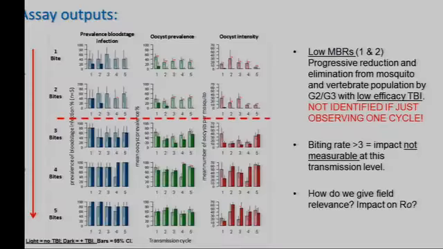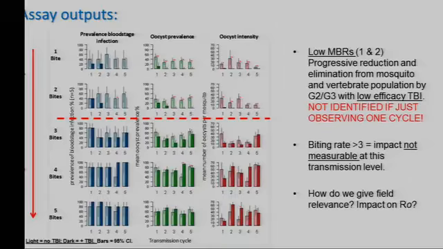So the main obvious point is that at low mosquito biting rates, that's 1 or 2, everywhere above this red line, we see progressive reduction and elimination of parasite from our mosquito and vertebrate populations by generation 2 or generation 3. And that's with our low efficacy TBI. This is something that you previously considered to be absolutely useless, but at specific transmission settings, it may have an application. And then the second obvious point is that at higher biting rates, we don't see any measurable impact at this